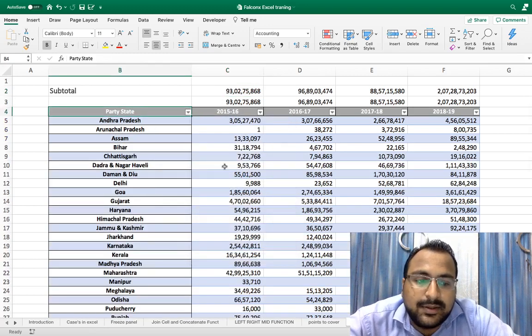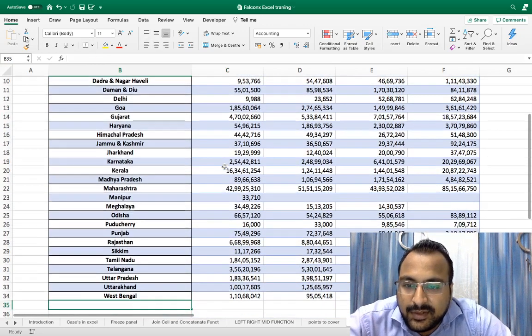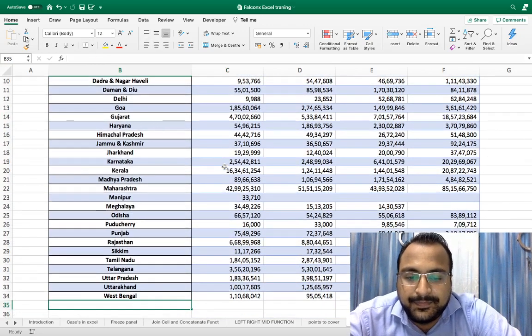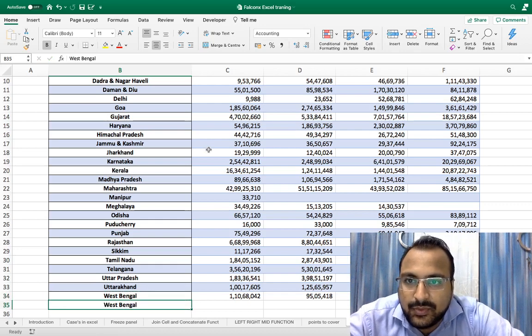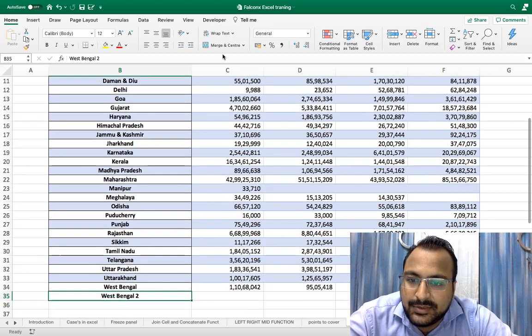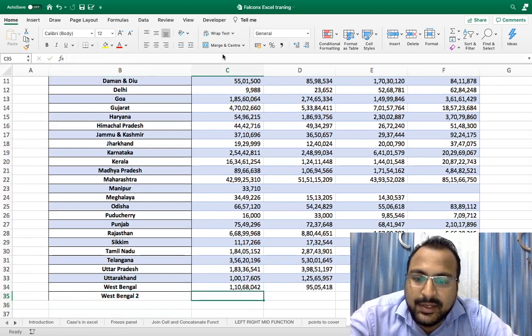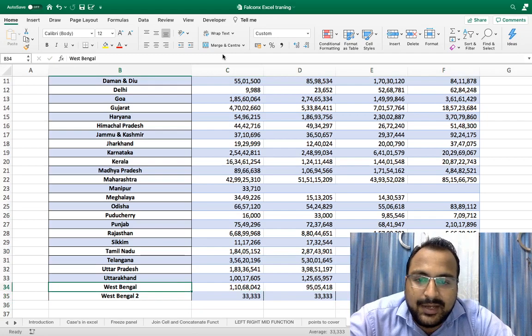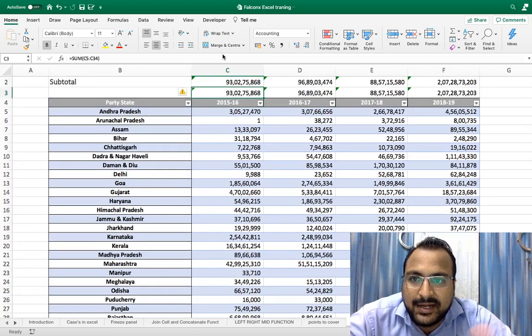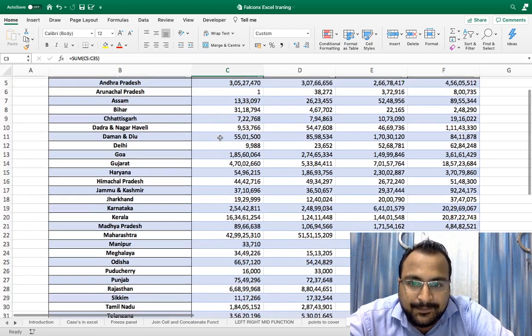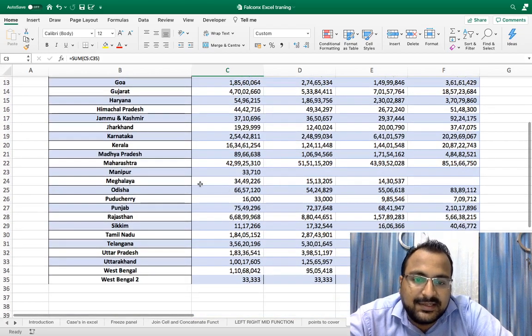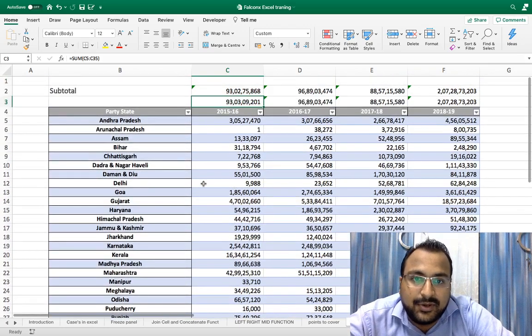My bonus tip here is about when something is added. For example, this is West Bengal. If I add one more, for example, now West Bengal 2, assuming, I know this is not a state, I have just added it. If I add something here, you have to change the formula again and again. As you can see, we got an error here saying to update the formula. So Excel is giving an error, but it might not give you one every time.